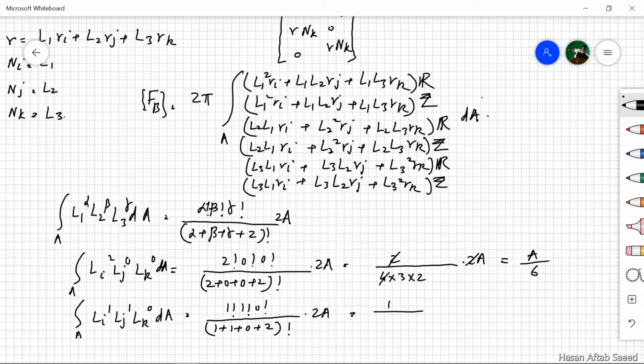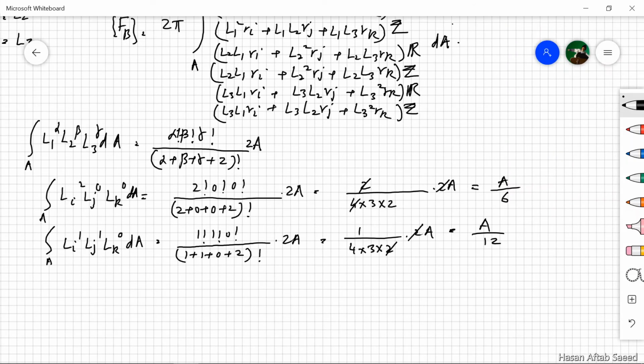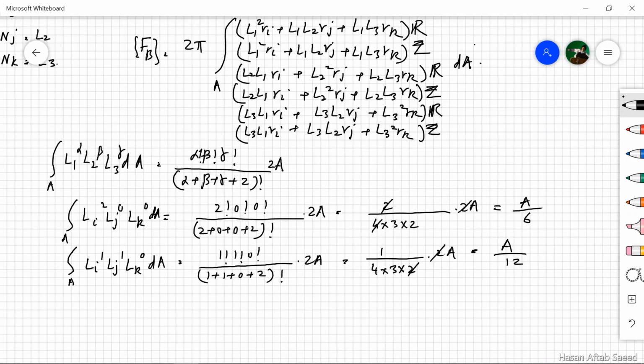This is 1 over 4 into 3 into 2 into 2A, and this is A over 12. So we can simply replace these values and get the final expression for Fp, which is